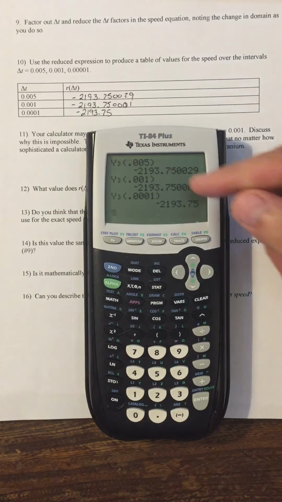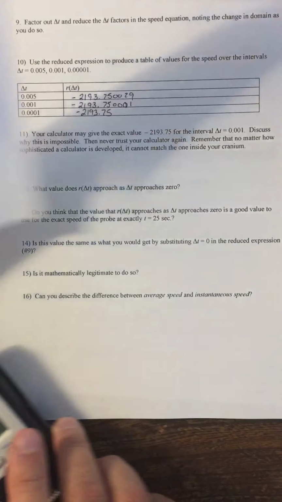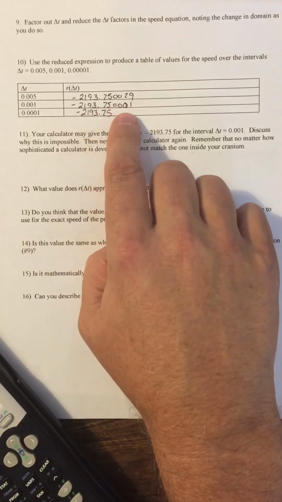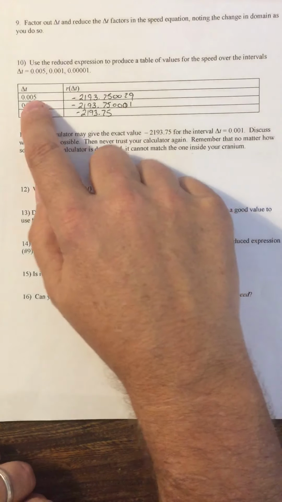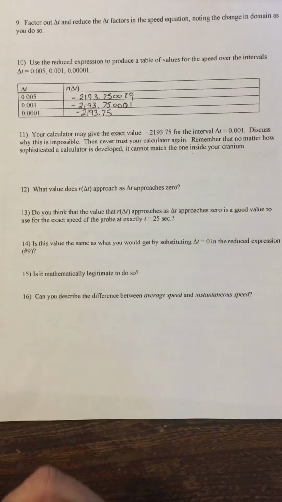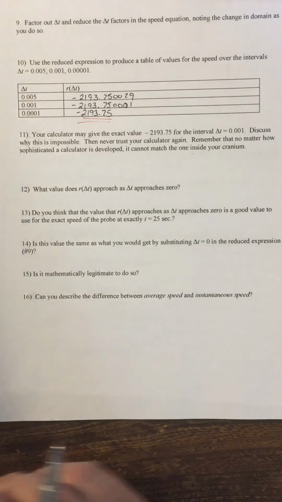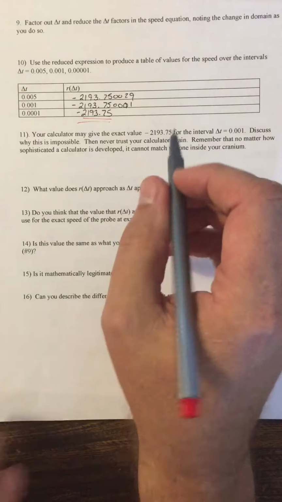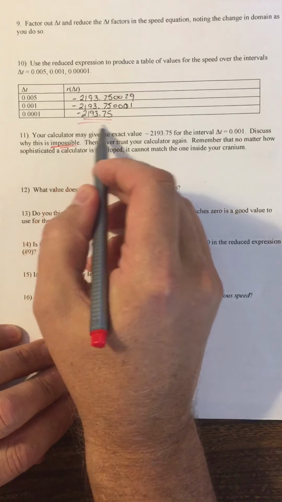All right, and so I see these values, and we had observed before that the velocity is approaching negative 2193.75. I see here very clearly that that trend is showing with my smaller and smaller values of delta t. In fact, it looks like I get my final value to actually be the velocity that we think we're approaching. So one thing that I do is to point out that that is impossible. This value cannot be exactly